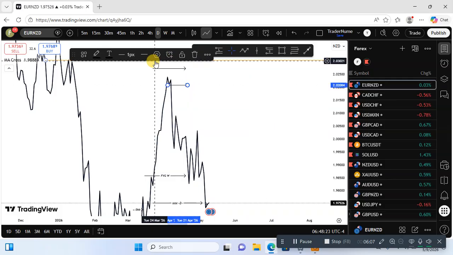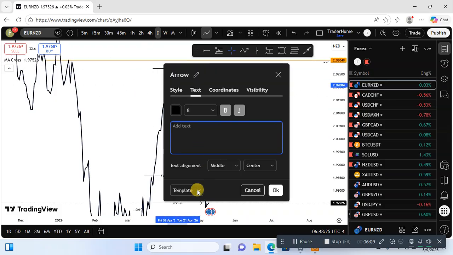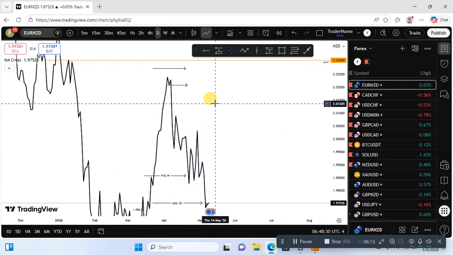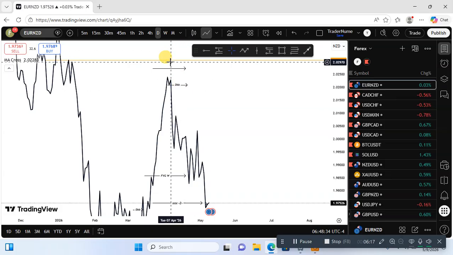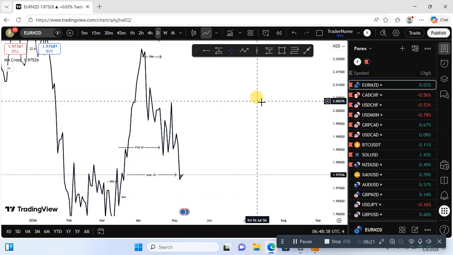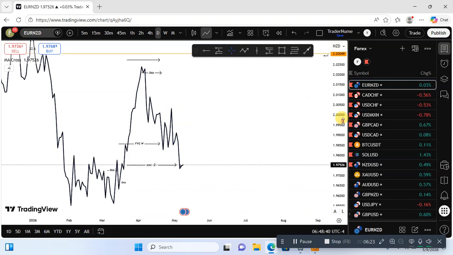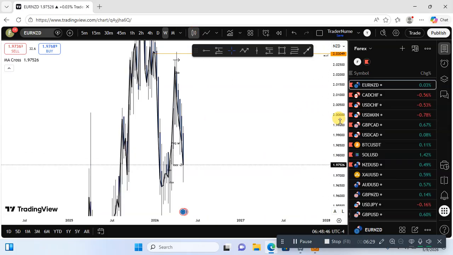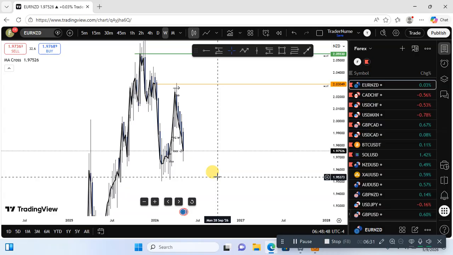Sometimes I just refer to it as the daily break, right? All right, so now we know monthly is bearish, weekly is bearish, daily is bearish. But mind you, the same way you're looking for sales, that's the same way you'll be plotting your graph for buy. So if you look at the weekly time frame,